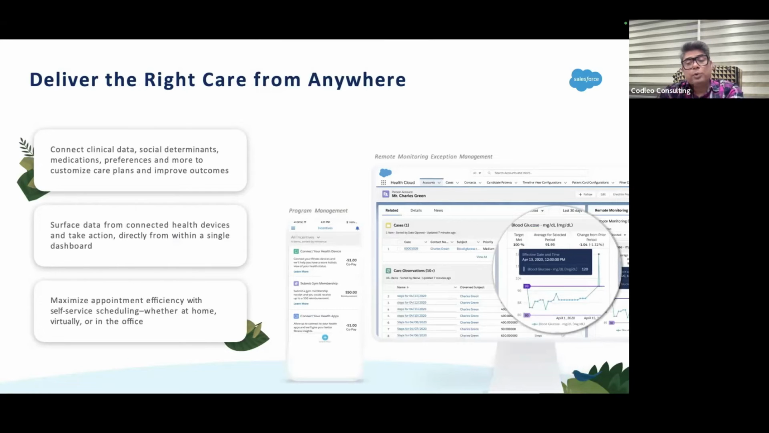Now you can provide the care wherever you might be, whether you want remote monitoring to be done. One of the hospitals is using the Health Cloud for providing video chats so that the patients can be seen on video if they're not able to travel to a particular clinic. Now, when I'm saying right care from anywhere, it means a connected journey, connected data would